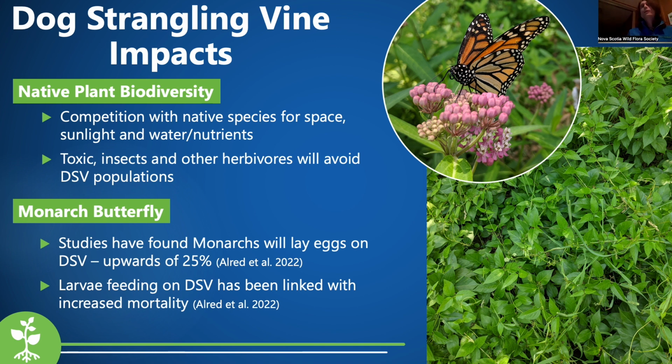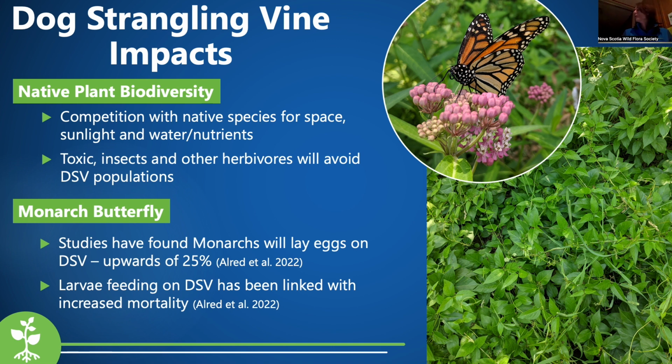impacts. It's a really good competitor. It tangles basically anything and will grow over it. Well, it is a small plant, so not anything, but it is very competitive for lower growing plants. It outcompetes them for space, sunlight, water, and nutrients, creating these really dense vegetation mats. It's also toxic, so insects and other herbivores will avoid eating dog strangling vine